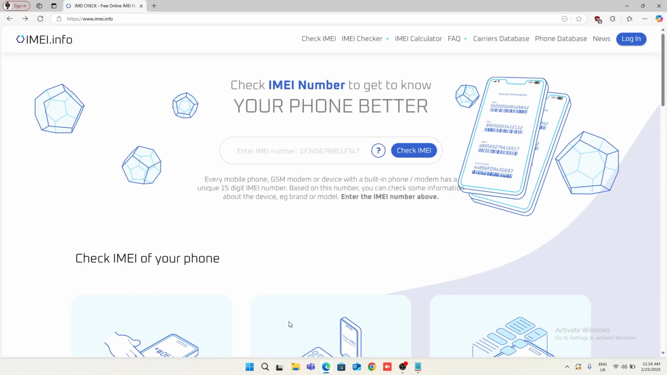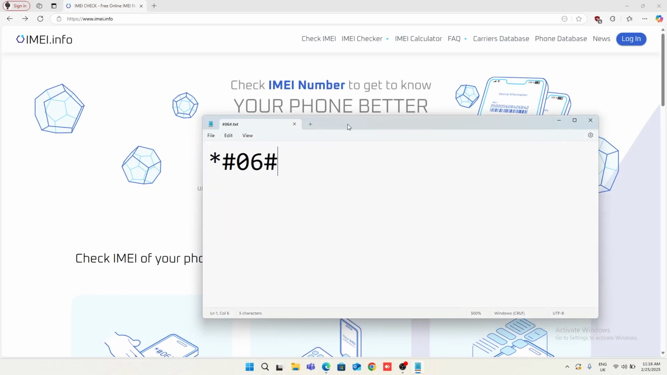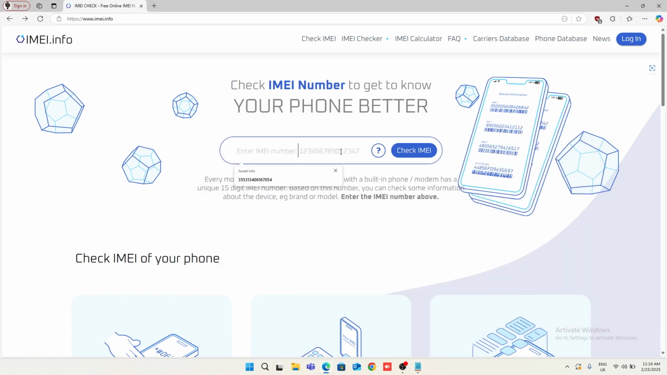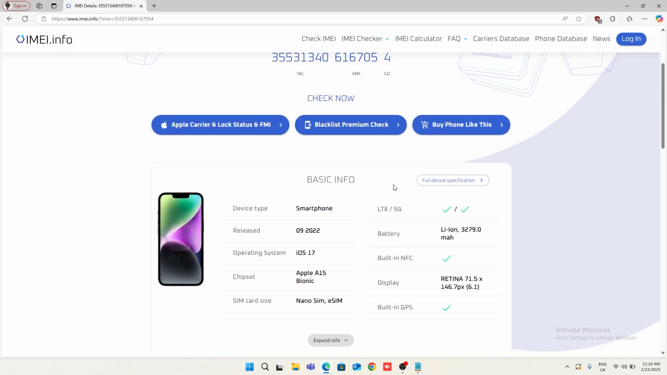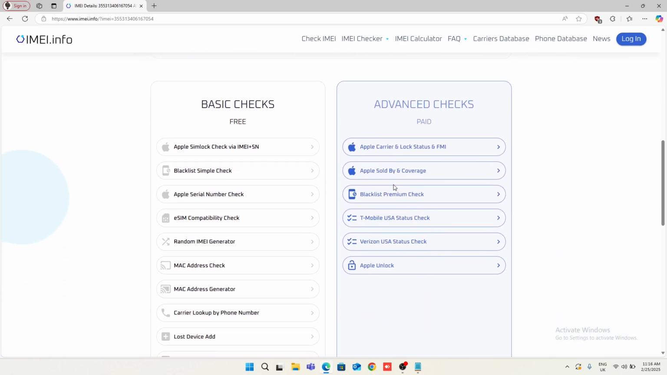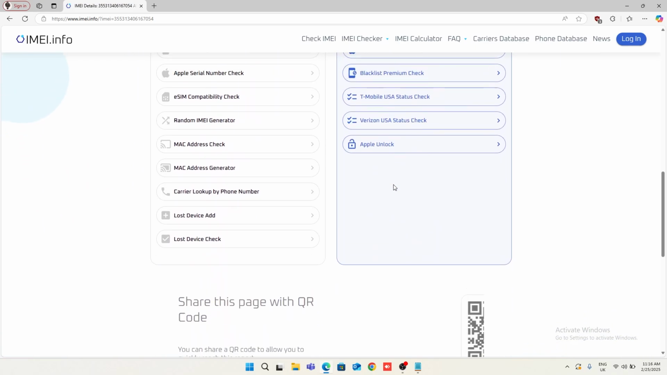So all you have to do is first go to your phone, and on your phone app, you have to dial this number, and this is the quickest way to see your IMEI number of your phone. And when you're done, just input the IMEI number here in this box on the IMEI.info website. Press check IMEI. Now you'll get some basic info about your phone, and when you scroll down you'll find the